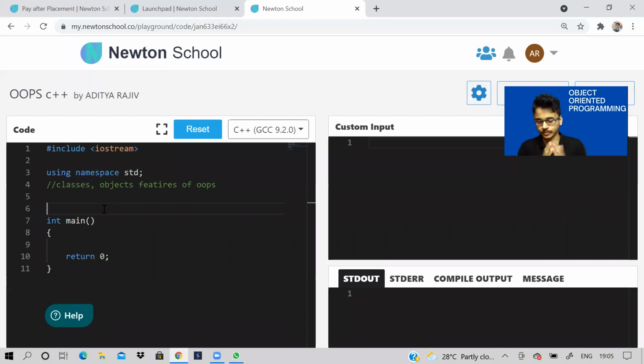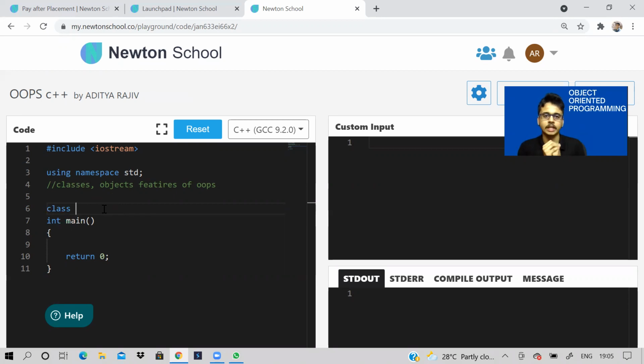What is a class? Class is basically a blueprint of object. It is like a group of similar things, or maybe I should say a group of things that have same characteristic behavior. So let us take an example. Let us say we have some boxes.